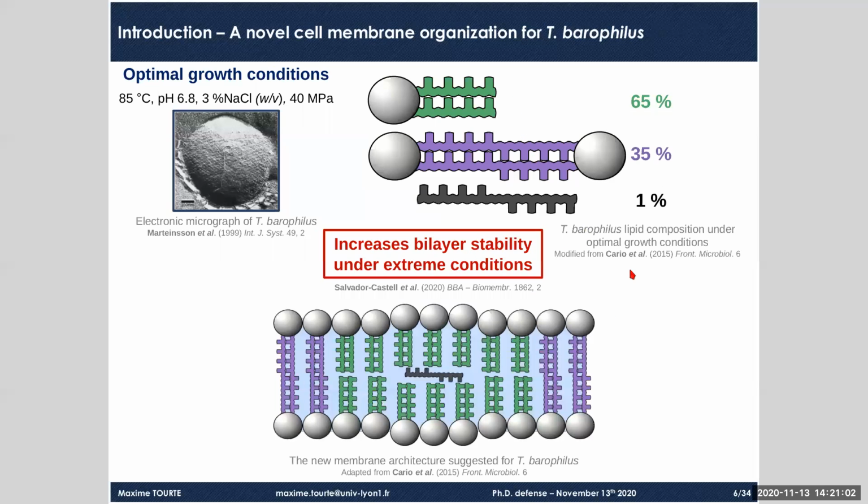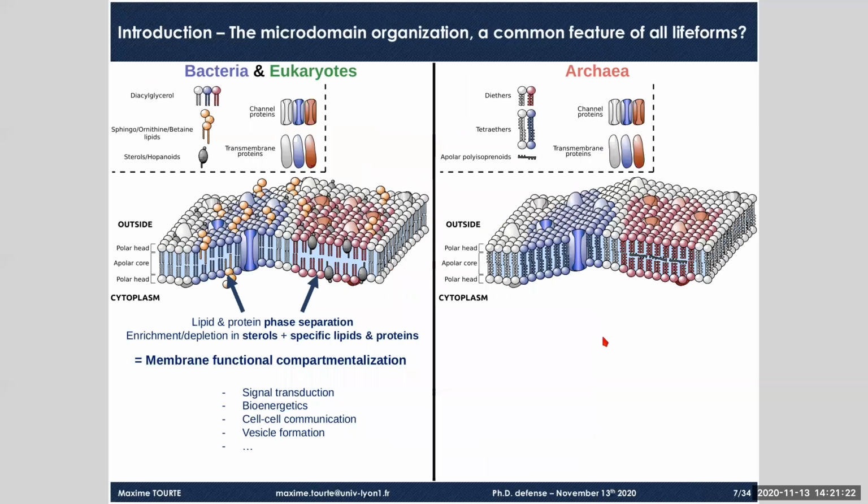But to explain the stability of these bilayer domains, our lab has suggested and later on experimentally demonstrated that this apolar polyisoprenoid here in black can insert in the middle, in the midplane of the bilayer, and thus increase its stability under extreme conditions. When we look at the 3D rendering of such a model membrane organization,